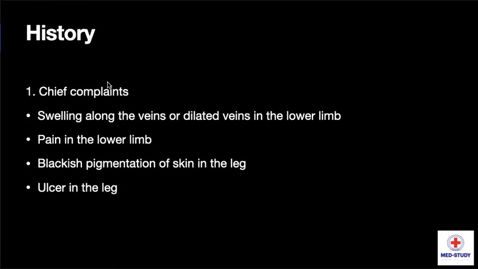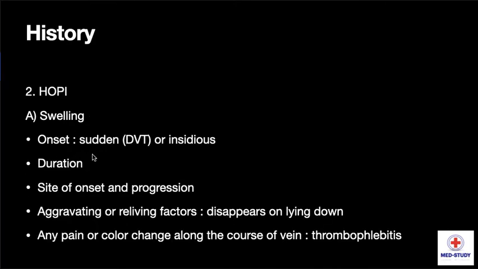Now going to history. The patient may come with chief complaints of swelling along the veins or dilated veins in the lower limbs, or pain in the lower limb, or blackish pigmentation of the skin in the leg, or ulcer in the leg. Now coming to history of presenting illness, where we will elaborate each and every chief complaint in detail. First is swelling. We have to know for the onset, that is sudden as seen in deep vein thrombosis